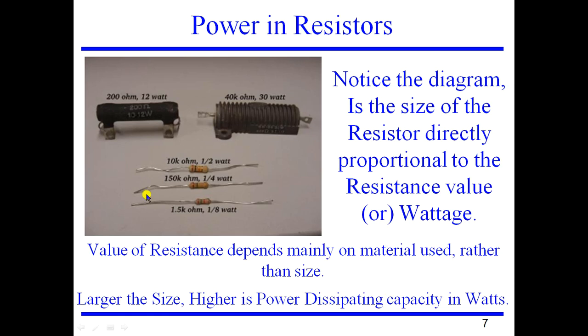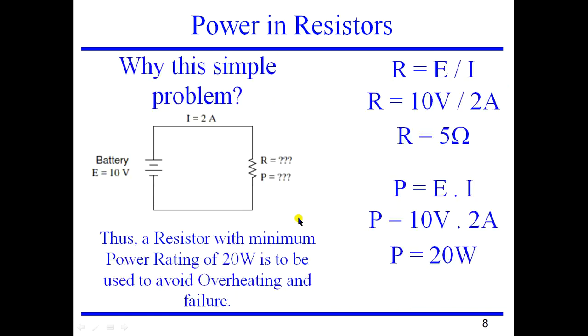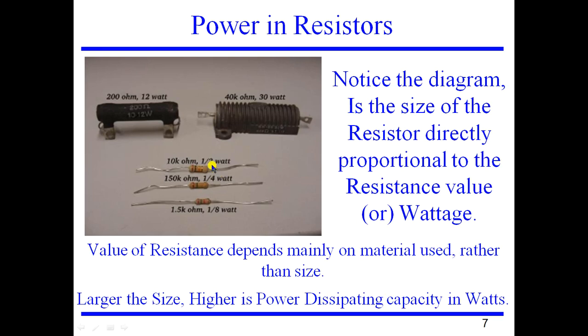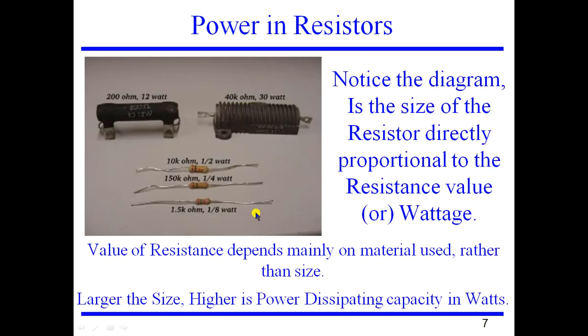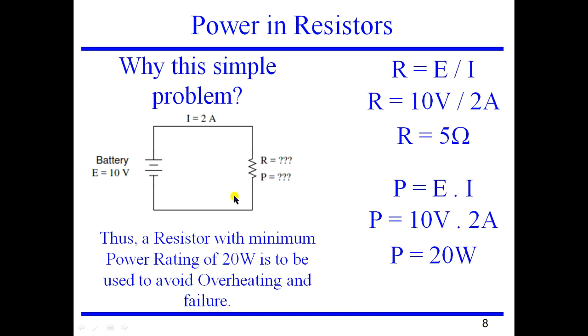So you cannot go and use these resistors that you have in your lab for this example. What will happen? This is a half watt resistor, half watt versus 20, so it is 10 times greater. What will happen when you connect this circuit? Boom, your resistor is going to fly off somewhere. So what is understood by this problem is, please remember, your resistor value of 5 ohm, good, you will be connecting, but is it able to dissipate 20 watts of power is what you need to be aware of.